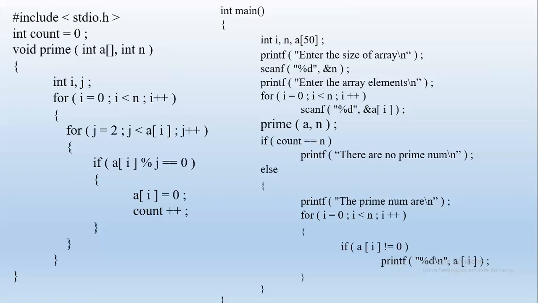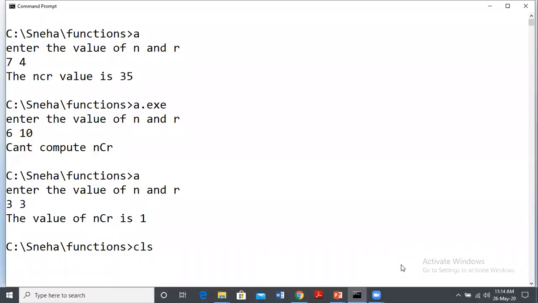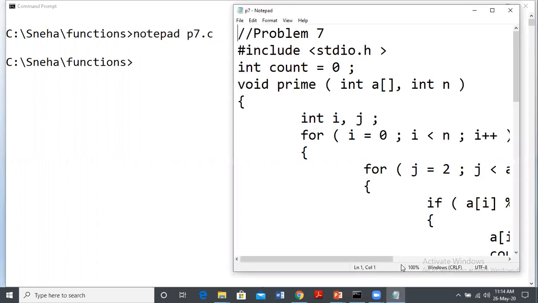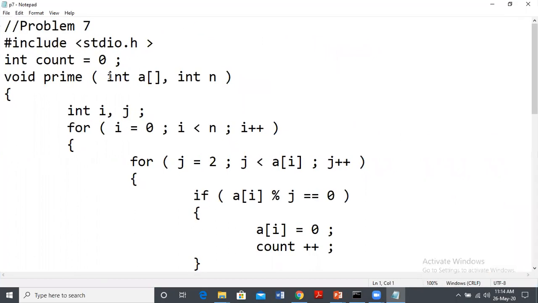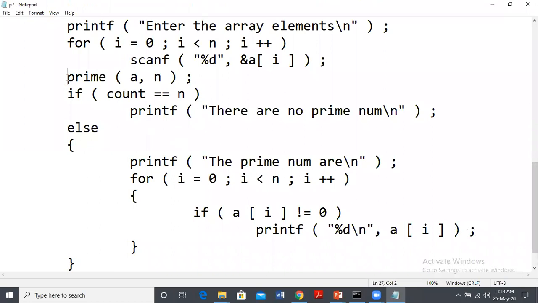Right? Let us see an execution for the same. So a quick execution, clearing the screen. We have program number 7. This program 7 is to implement sending an array as a parameter to a function. We are sending 2 parameters. These are the formal parameters of the function, and we are passing the parameters here. This is the function call, the main thing. If we don't have this statement, the function will not work and we will not get any result. Function call is the main step, right?